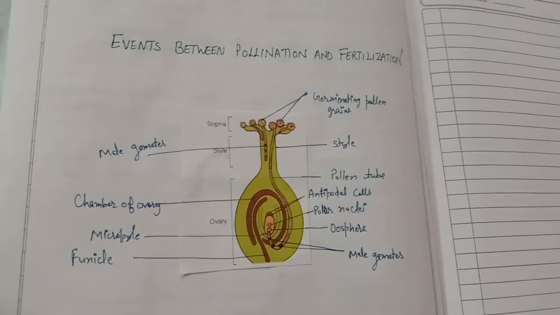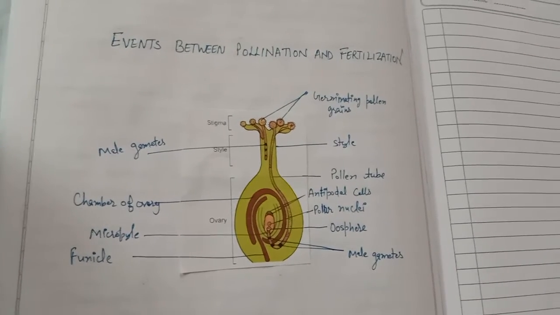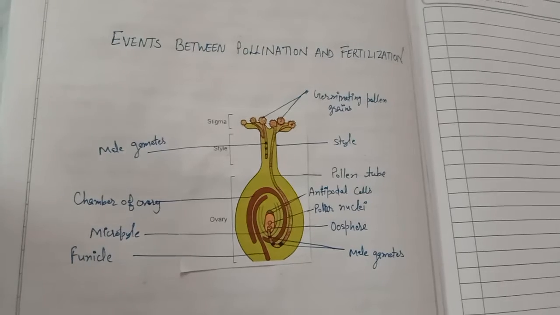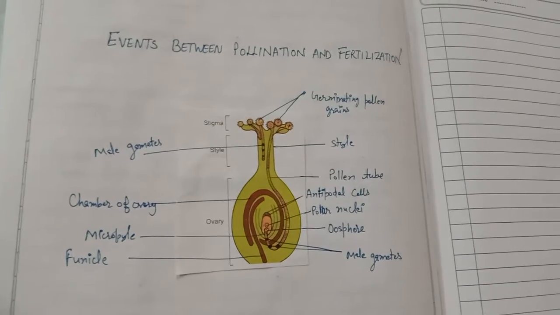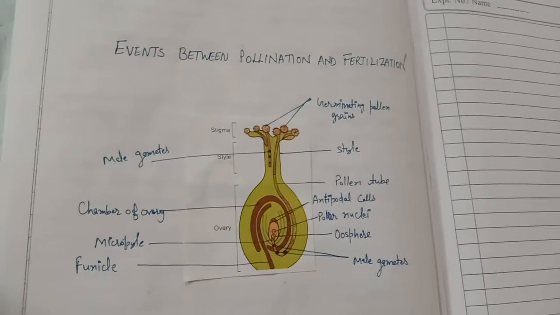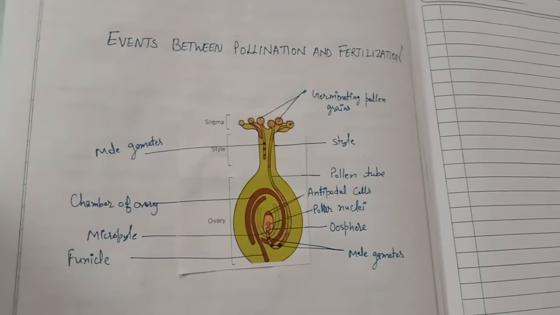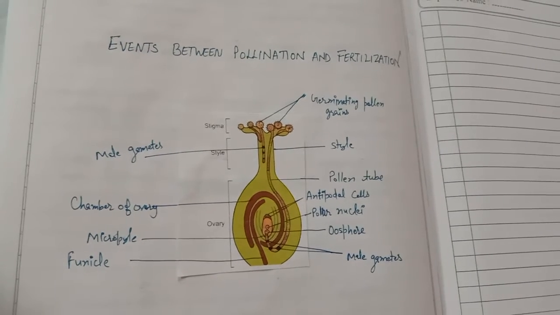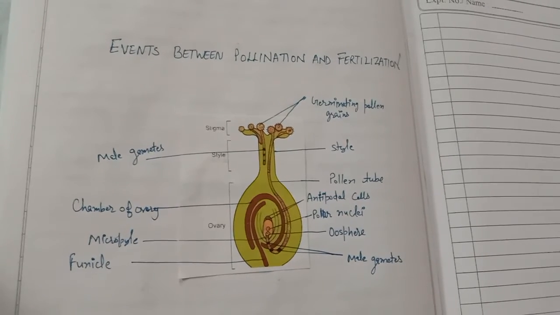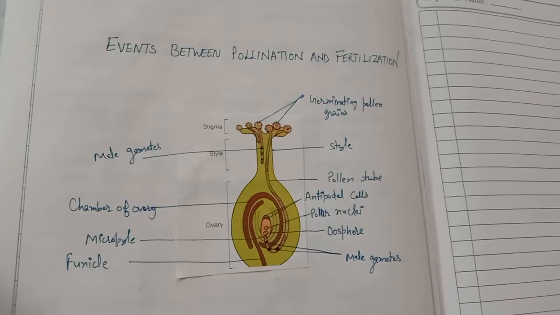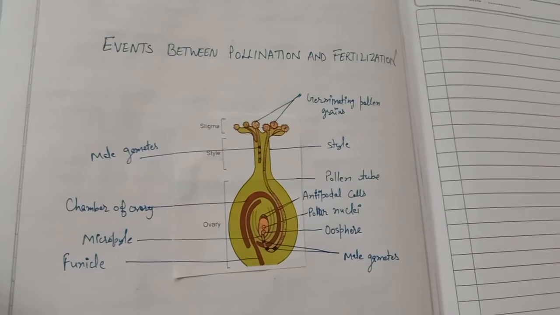So this is called double fertilization. What is the significance of double fertilization, student? It provides characteristics of the male to the endosperm. Due to the fusion of the second male gamete nucleus with the endosperm nucleus, there are male characters in the endosperm, which help in the storage of nutrients. It also forms endosperm only when the formation of the embryo is ensured. It provides stimulus to the endosperm, just like hybrid vigor. So this is the significance of it.